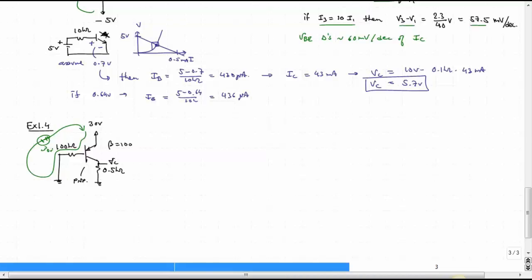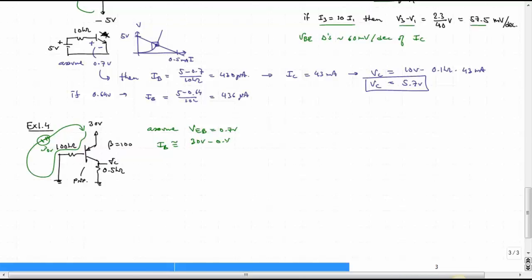That type of voltage is going to be very insignificant compared to the 30 volts, and so we are going to, right off the bat, assume a constant VBE model. So assume V, in this case, is going to be VEB because it's a PNP transistor. So VEB is 0.7,